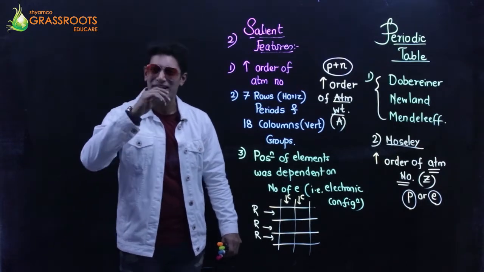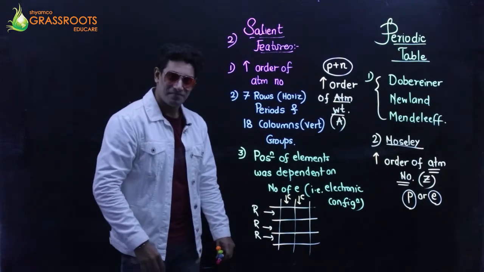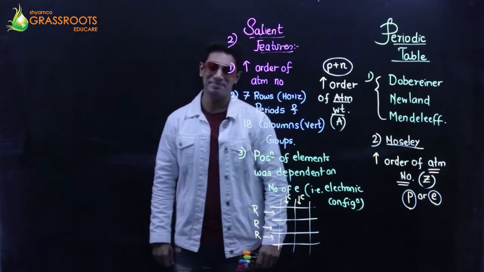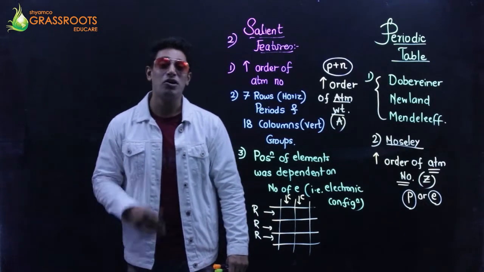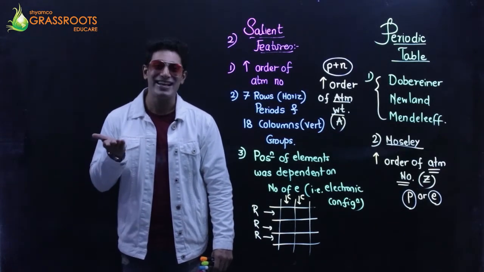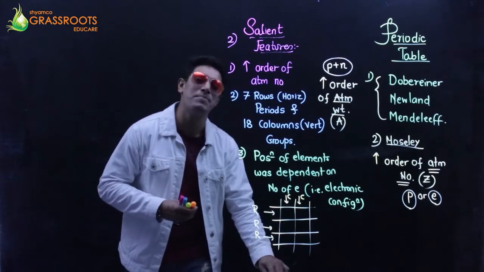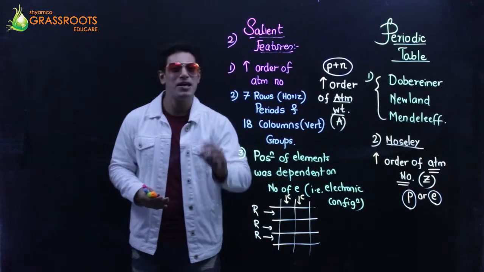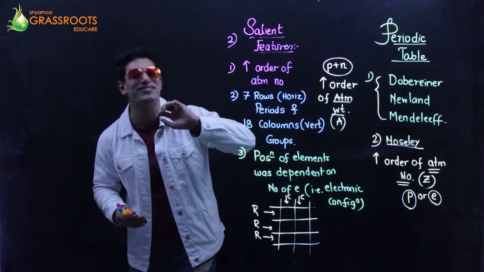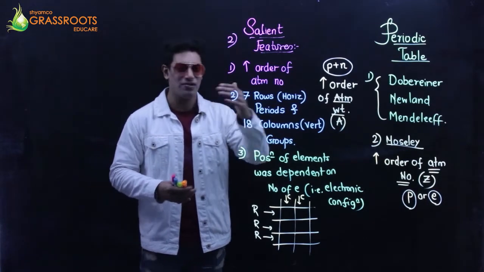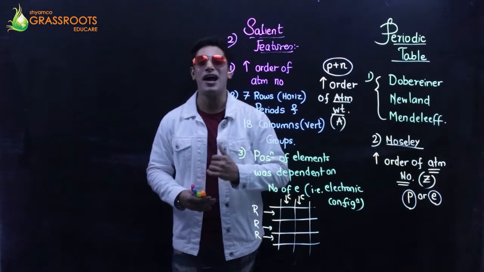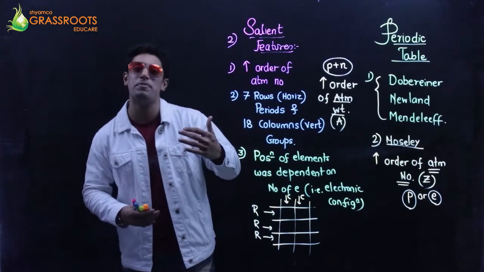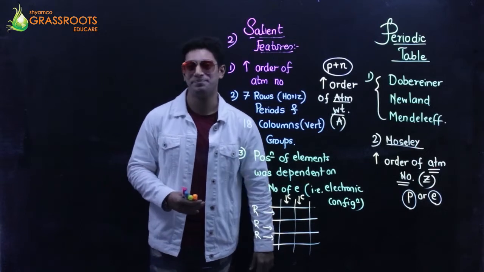For example, you take a metal, you react it with a dilute acid. Of course, what is formed? A salt and hydrogen. So can I say that you take any metal, you react it with a dilute acid, majority of the time, the characteristic feature remains the same. You are going to get a salt, of course a different salt, and hydrogen gas. So can I say down the group, the chemical behavior, the chemical properties of the elements were similar.